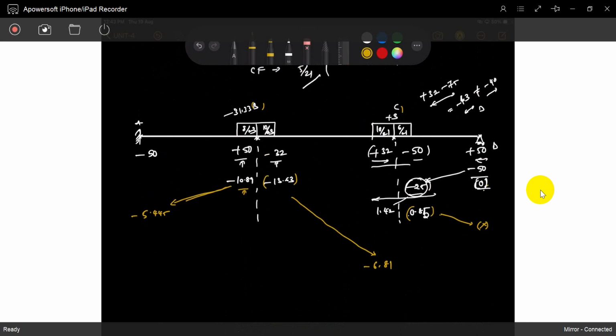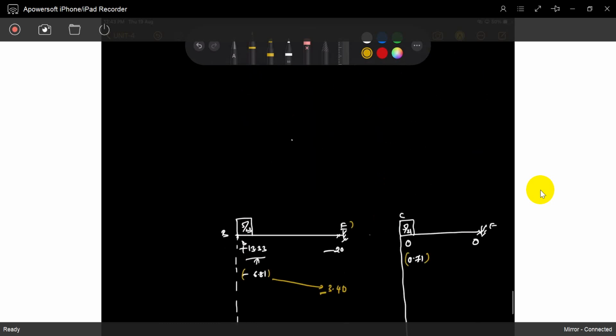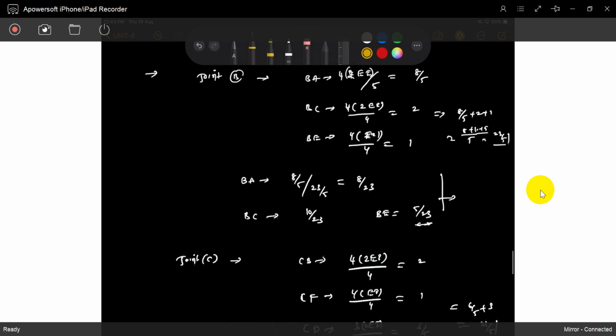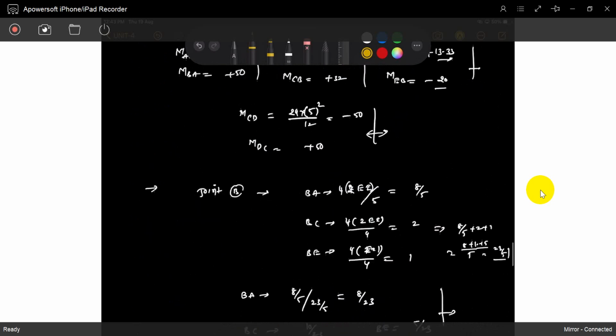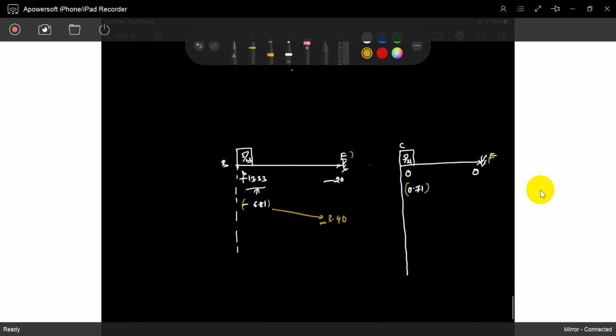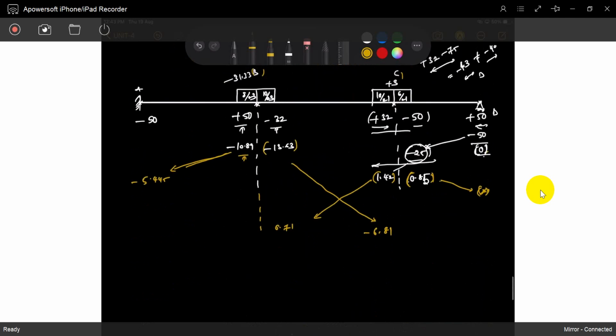The same for joint C, you can take it. It's 1.42, you will get 1.42 divided by 2, it's 0.71. Now also 0.85, it's a 0, we already know it. And also it's 0.71 for F. F is also a fixed support. Are you understood? F is also a fixed support. If it is a hinge support, there is nothing. So 0.71 divided by 2 is 0.355. That's the first step, that's the first iteration.